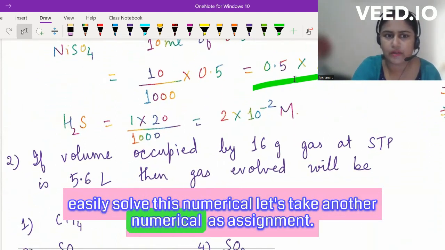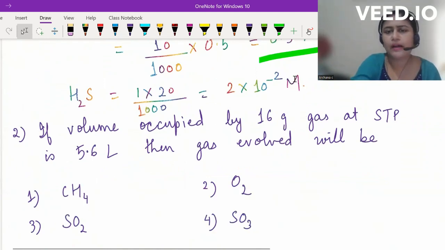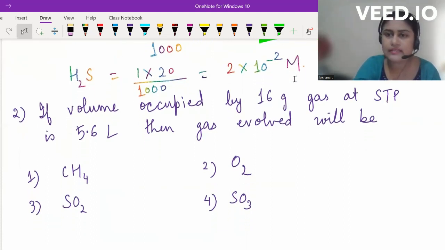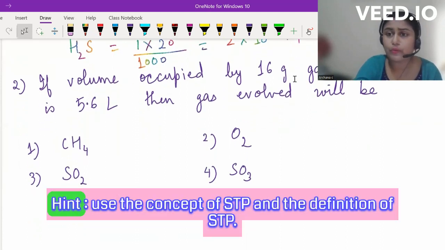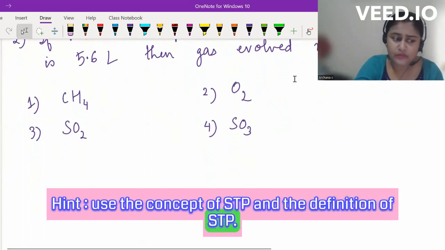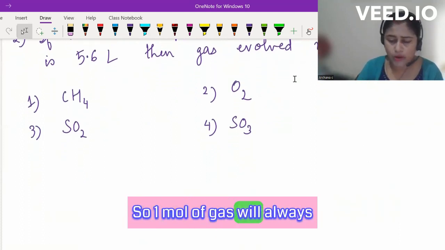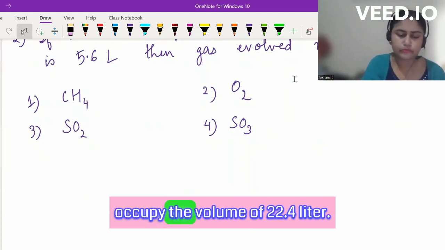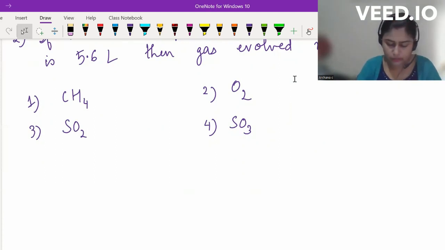Let's take another numerical. If the volume occupied by 16 gram of gas at STP is 5.6 liter, then the gas evolved will be. It could be either methane or O2 or SO2 or SO3. No other data is given to us. So we will use the concept of STP and the definition of STP. So 1 mole of any gas will always occupy the volume of 22.4 liter. So 1 mole of any gas